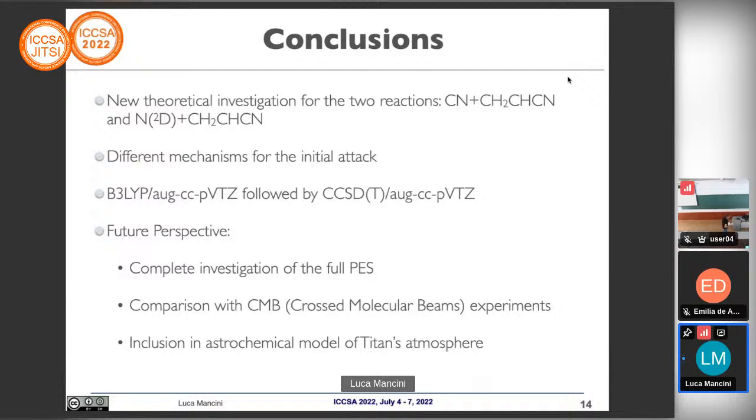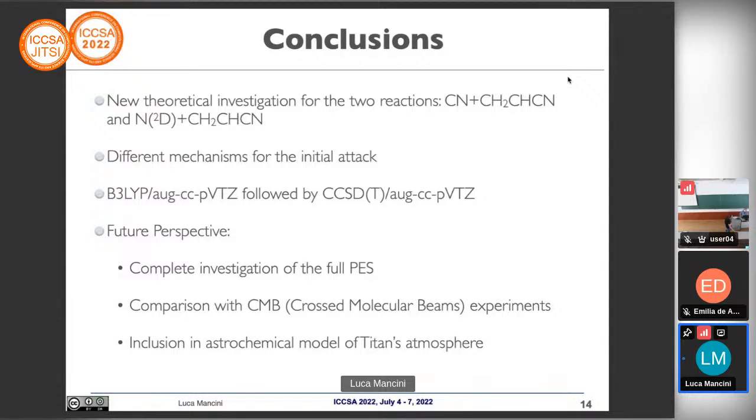We refined the energy at the coupled cluster level to have more accurate values of energy for the full potential energy surface. We compared the data with the cross-molecular beam experiment, and in this way we were able to derive the reaction mechanism. So the next step is basically the inclusion of the data in the photochemical models of Titan